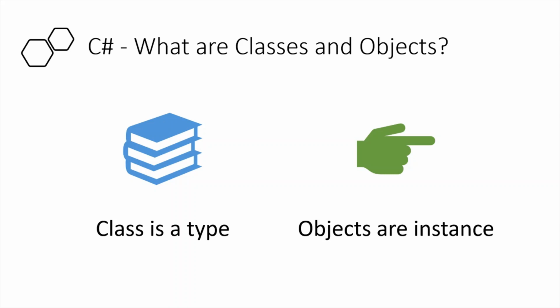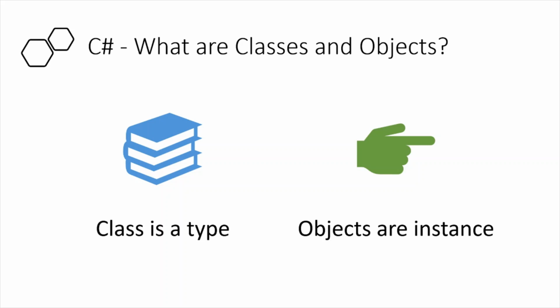You understand what I mean? So you have a class, the menu type, and you can have three menus of this type. That means three objects. So objects are instances of a class, and